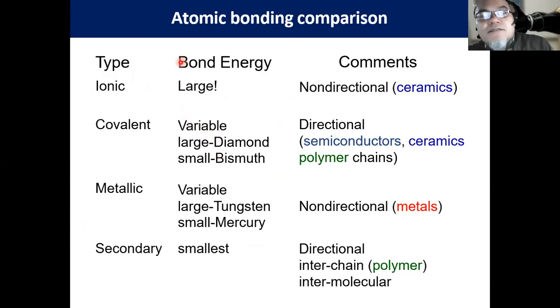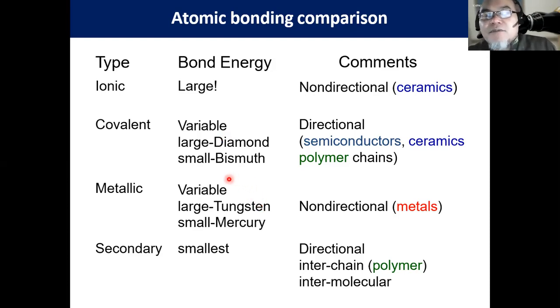So from here, the summary is we have ionic bonding. The bond energy is large, but it is relatively non-directional because it is due to the electrostatic force. Covalent is sometimes large, sometimes small, depending on how many electrons you are sharing with one another. Diamond, for example, has very large covalent binding because one single carbon is binding with 4 other carbon atoms. It forms a tetrahedral crystalline structure. We will study about it later.